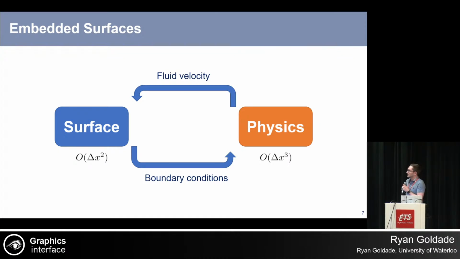The surface is coupled with the physical simulation through boundary conditions. So the surface tells the physics where the fluid surface is, and the physics solves for the velocity of the fluid, and it tells the surface how to move. Okay, that's how they're coupled. The challenge here is that the surface scales by the surface area, which is nice, but the physics scales by the entire volume. So if I want to double the resolution of my surface, and I want these two resolutions to match, I have to pay a significant penalty to double the resolution of the physics, and this motivates the embedded method.